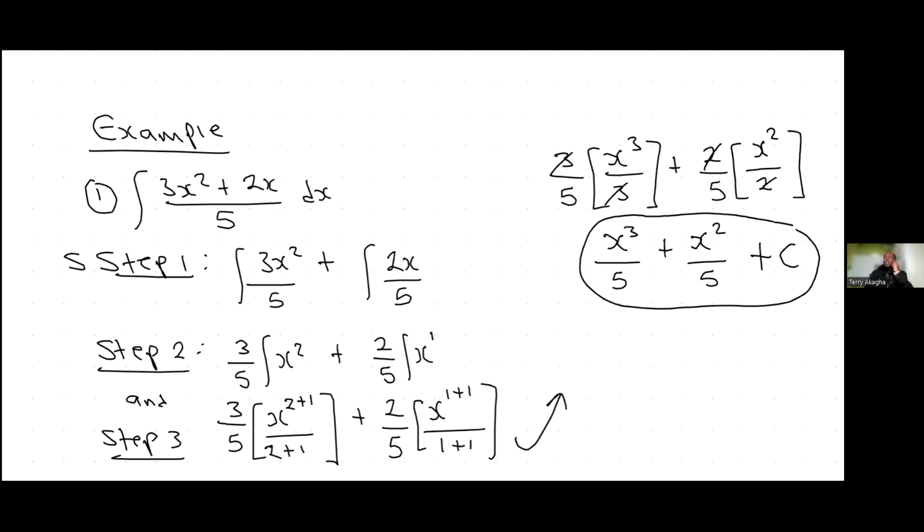All right. Let me add maybe 1 or 2 more examples, okay? So that we can have a very good grasp of what I'm trying to convey here. All right. So let's pick this example number 2. Let's say we have 1 plus 6x squared divided by 3x squared, with respect to x. All right, and we're told to solve this. Now, what do we do? So the same thing,